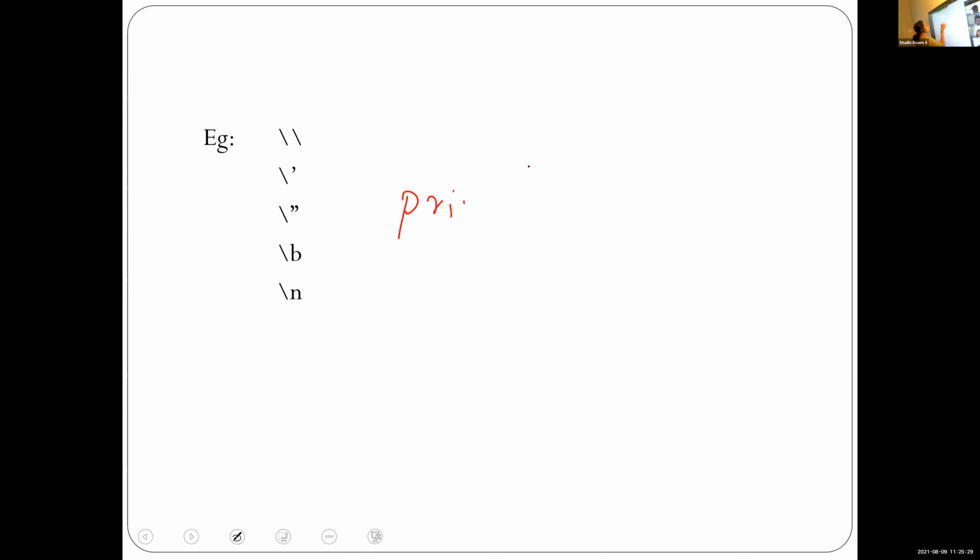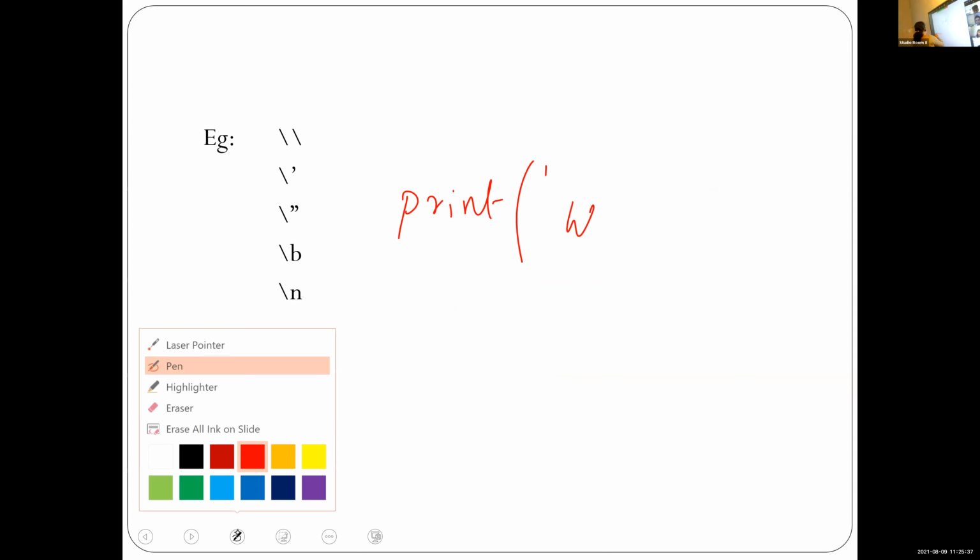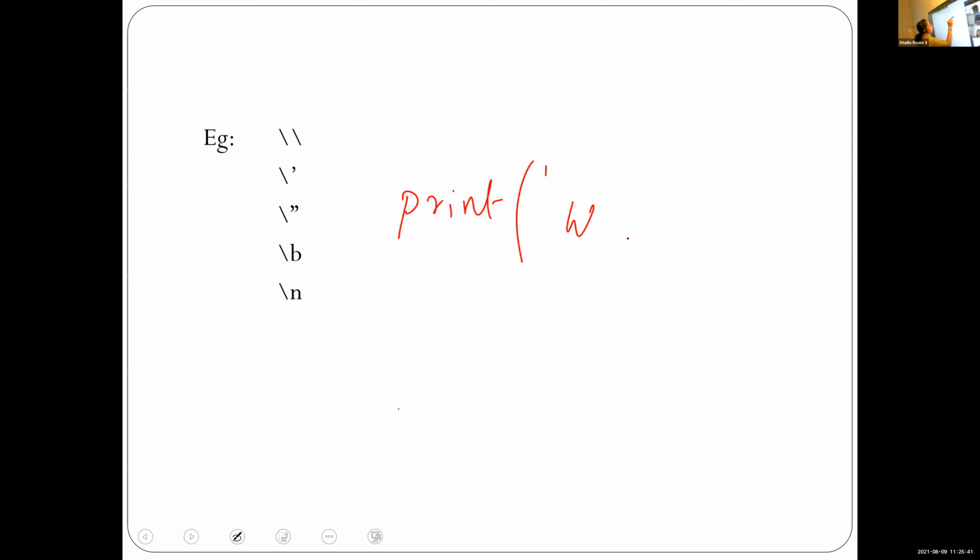If I give a statement within single quotes, welcome, and I want to insert one more single quote, this is also an error. How can we rewrite this statement?